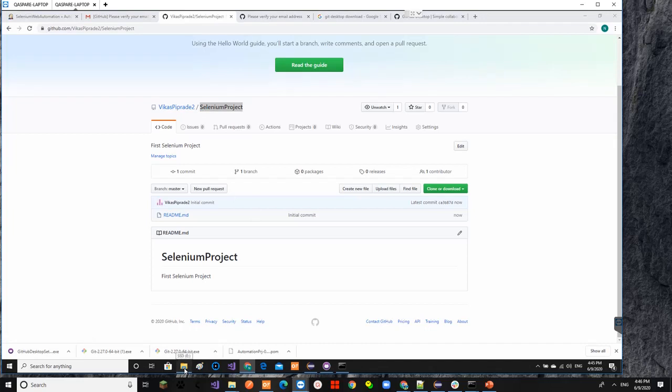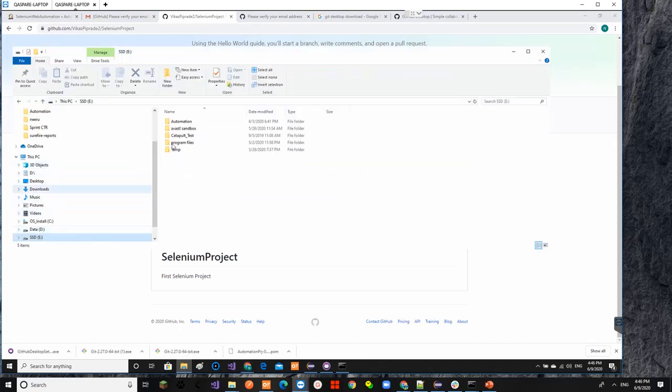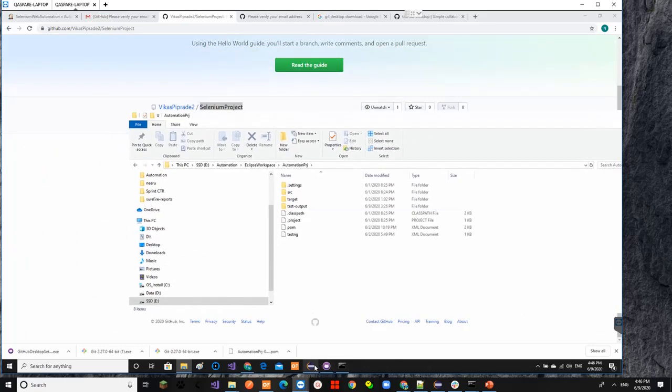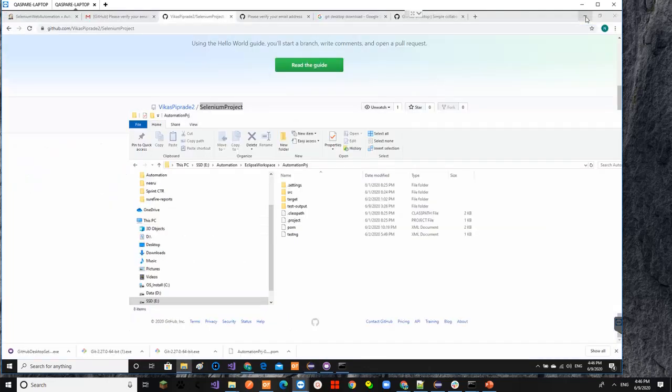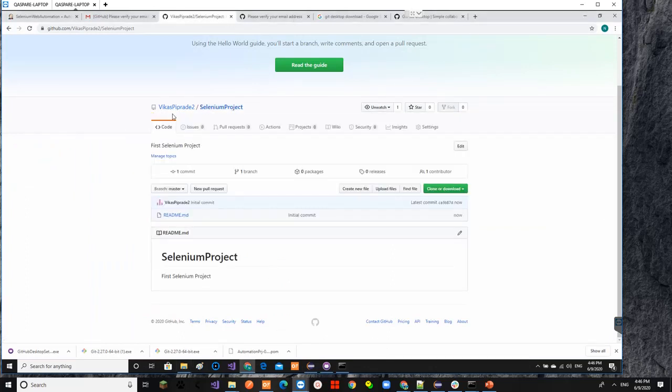automation code, which is still residing on local. This is my Eclipse workspace, and the automation project is there. All these files I want to put in my GitHub repository, which is here. Till now I was running my automation project from local using either a Jenkins job or Eclipse. So now it's time to put all this code into the GitHub repository. So now a clone command is there, the git clone command, which will clone or copy this project into